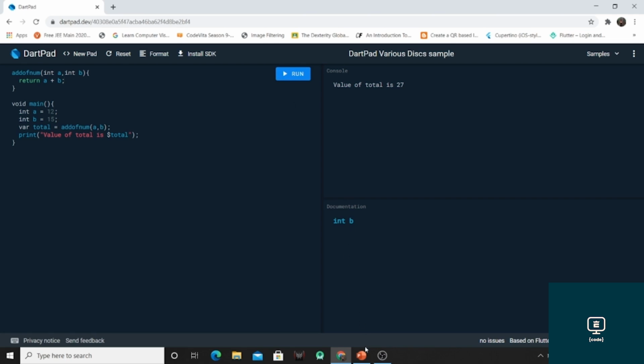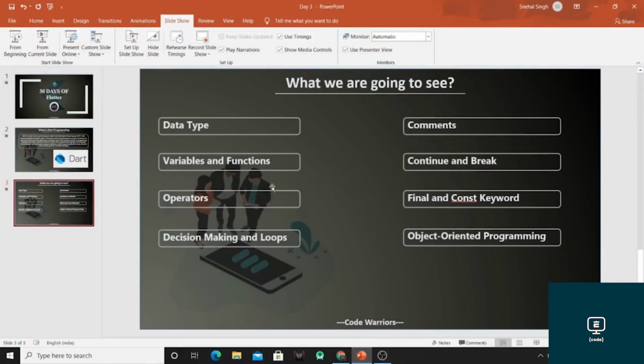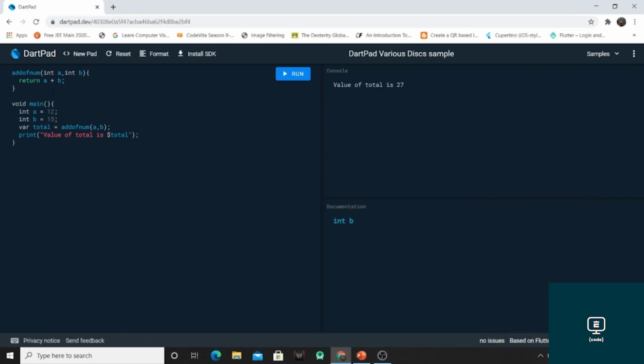Now after that we have operators. So we have 5 operators. First one is arithmetic, second one is equality, third one is increment and decrement, fourth one is logical, and fifth one is comparison. So we can implement these operators, like I have implemented the arithmetic operator, which is plus.